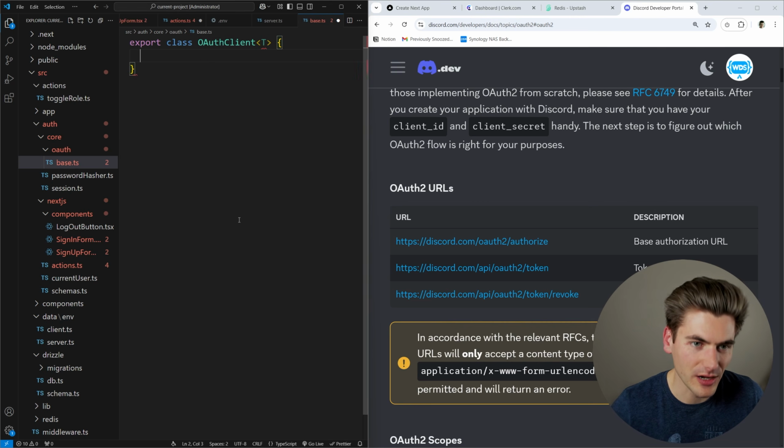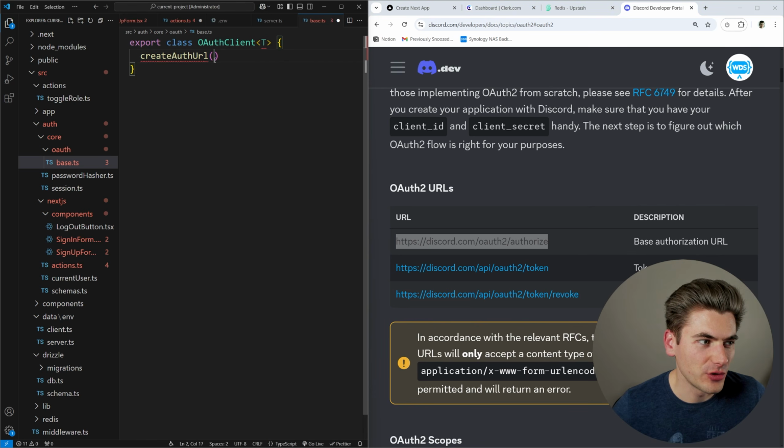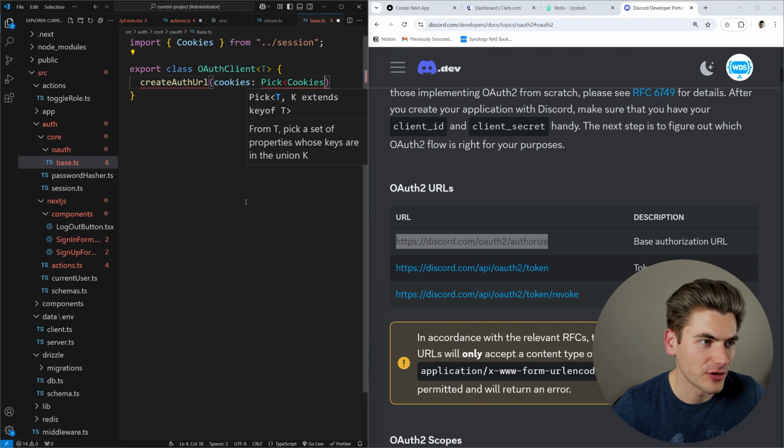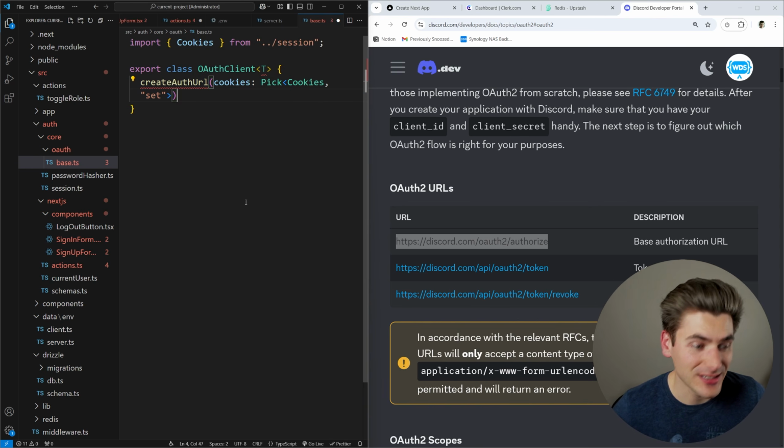And in this OAuthClient, we're going to have a bunch of information, but specifically, we're going to have our functions for our various different steps. For example, createAuthUrl is going to be our step 1, which uses this URL right here. So this createAuthUrl function is just going to take in some cookie information. So we're going to say cookies, and it's going to be that cookies type that we created earlier. And specifically, we just want to get the set function